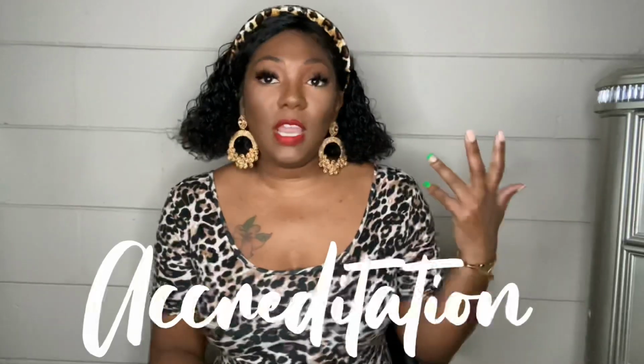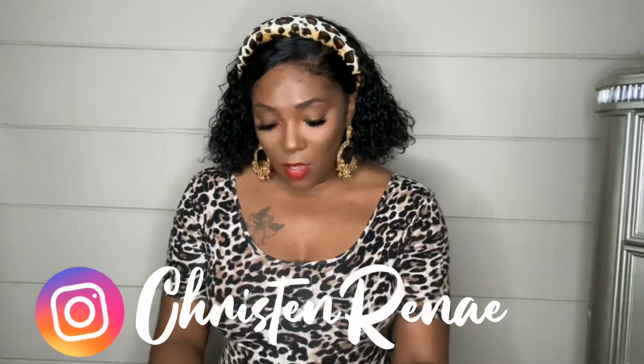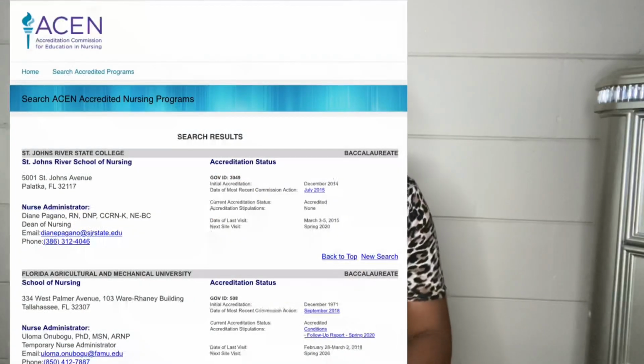Tip number 3 is accreditation. There are several different types of accreditations, but as far as nursing school, you want to know what accrediting agency the school is accredited by. I know one of the most popular ones is ACEN, and that is Accreditation Commission for Education in Nursing. It's important to find out whether or not your school is accredited, because a lot